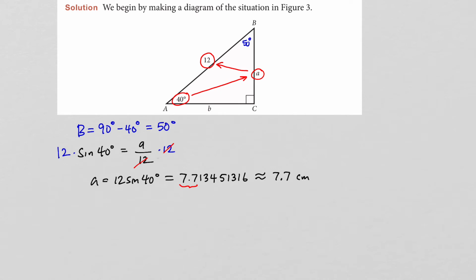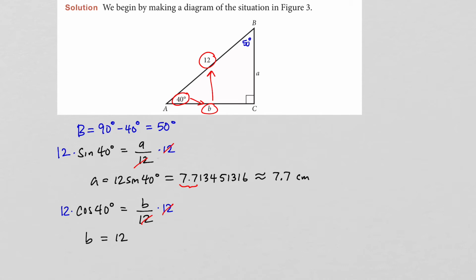Now to find side B, we essentially do the same thing, except that side B is the adjacent side to the angle 40 degrees, and then we have the hypotenuse 12. So when you look at the adjacent and the hypotenuse, that relationship is described by cosine. So cosine of 40 degrees is the adjacent side B divided by the hypotenuse 12. If we multiply both sides by 12, we can cancel the 12 here, and we end up getting B is equal to 12 times the cosine of 40 degrees. And if we plug that into a calculator, we get